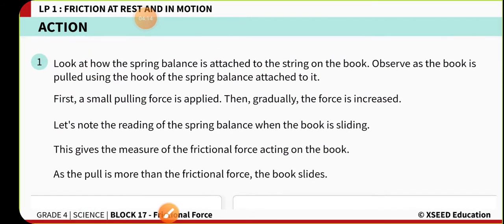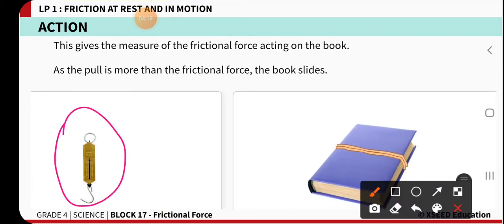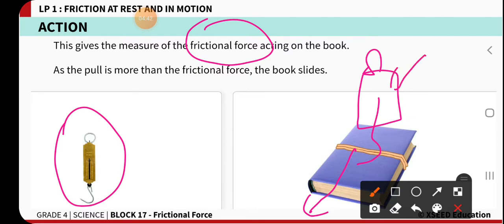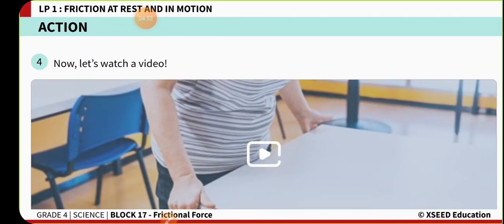At first in our activity, you will take the spring balance, hold it like this, and try to balance the book with the help of the spring balance. When you apply more force, the book will slowly slide down. The book and rubber band stay together due to frictional force, and if the force you apply is more than the frictional force, the object will slide down. To understand how the frictional force acts, let's watch a small video, children.